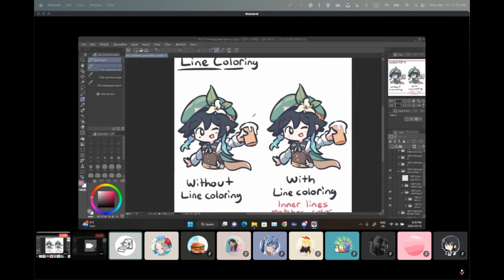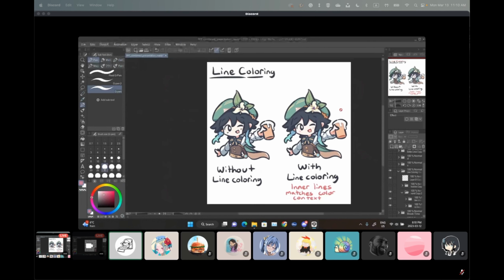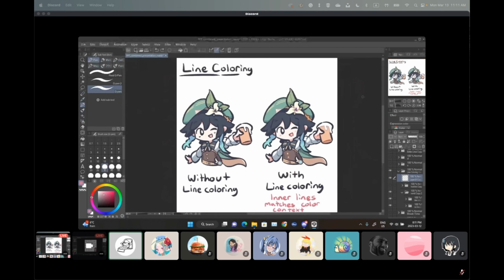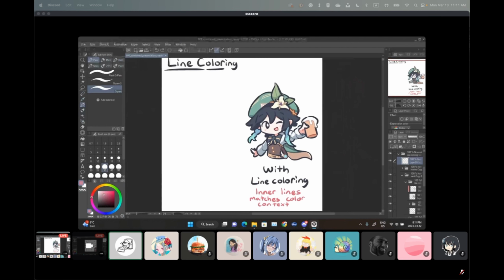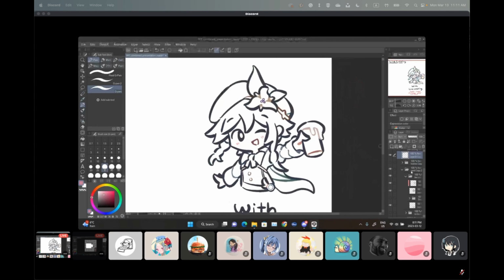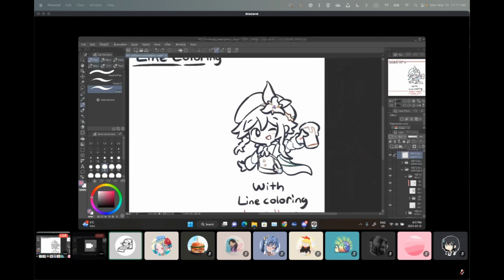You can see that there's a clear divide between these two drawings in terms of line organization. In my opinion, this one just looks a lot more appealing to the eyes than the one to the left. And let me just briefly explain exactly where you would be putting these line colorings. If we just take a look at where I colored the lines